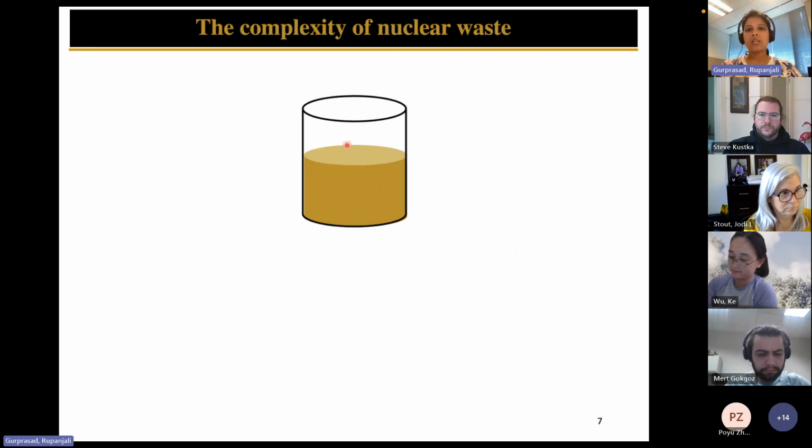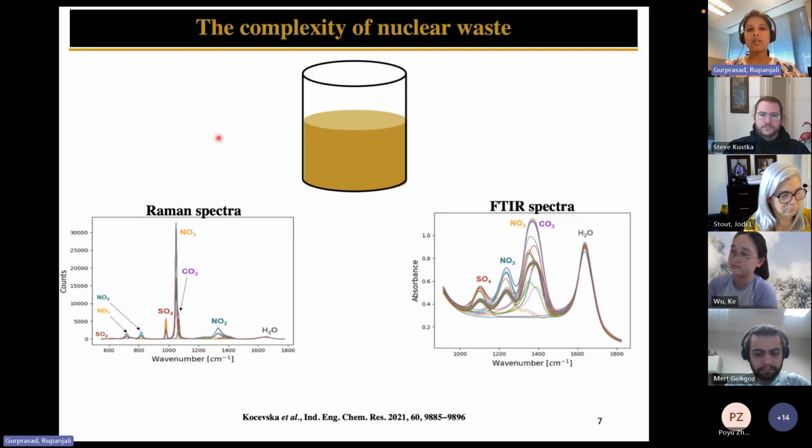So much of the research in the past in our group has focused on quantifying these multi-component mixtures in solution phase. A previous grad student and some previous postdocs looked into the Raman spectra as well as the FTIR spectra of these multi-component mixtures in solution. And what they saw was that all of the sodium salts that I was mentioning previously have a very characteristic signature in the Raman as well as in the FTIR spectra. And they've shown that these in situ probes can do a very accurate job of quantifying each and every individual species in spite of it being such a multi-component system.